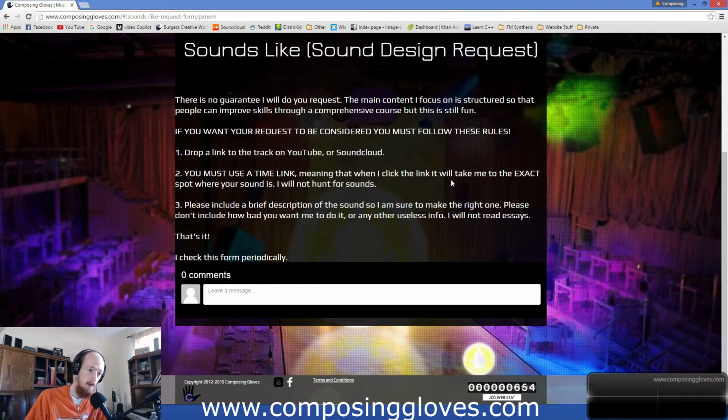If it doesn't, if you find another way to get me the track, all I really care about is that I have a way to get to it that's not illegal and sketchy and will give my computer a virus. I'm not going to be downloading tracks. I'm not going to be dealing with that kind of crap. So I want a way to get to it, and I want a way that when I open it, boom, there's your sound. Immediately. I'm not hunting for sounds.